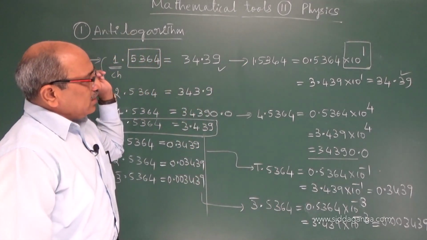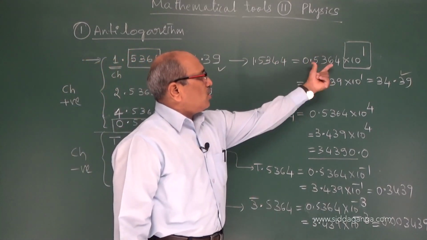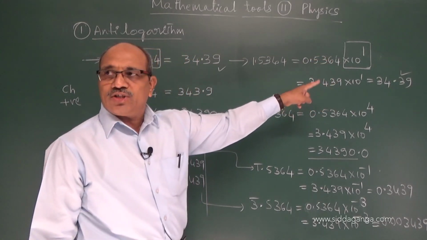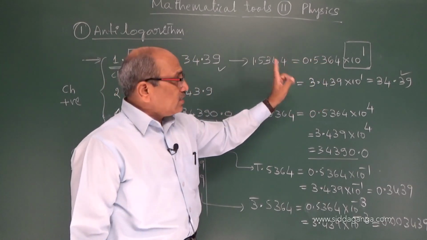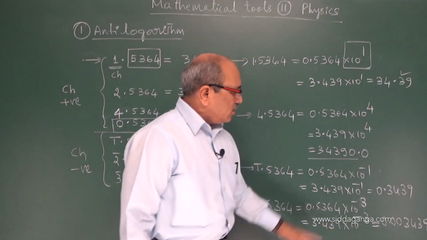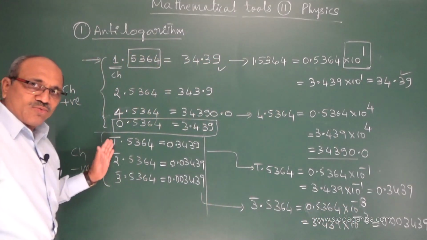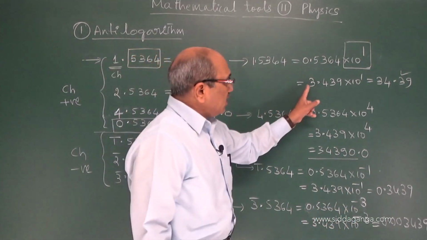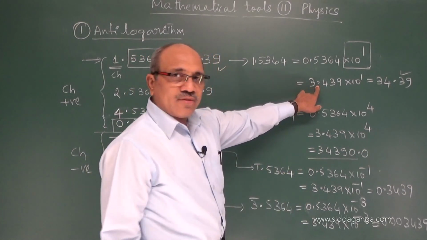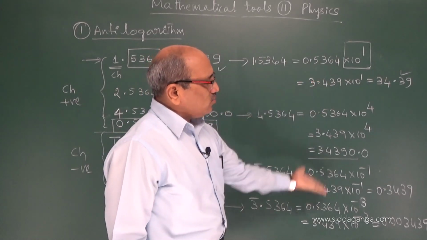First, whatever the characteristic may be, you write it in the form 0 point something, only the fractional part, and the whole number part you raise to the power of 10. Positive, take it as positive. If it is negative, write it as negative. Here it is 1 or 4, positive. Here minus 1, minus 3: bar 3, bar 2, bar 1 as minus 2, minus 1, minus 3. Find the anti-log of it. After 1 digit you put the decimal point, and the remaining is understood easily.